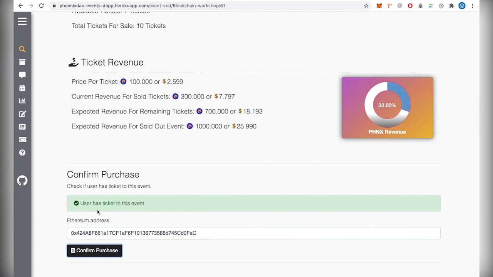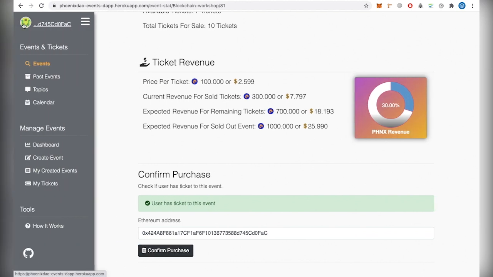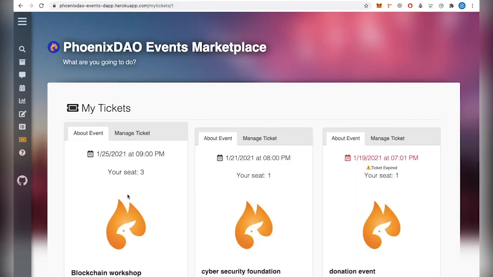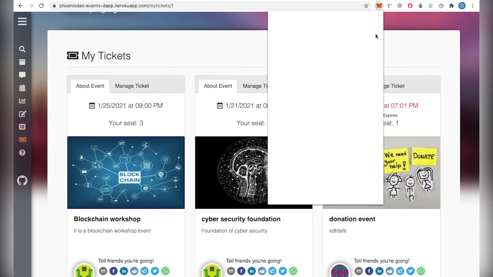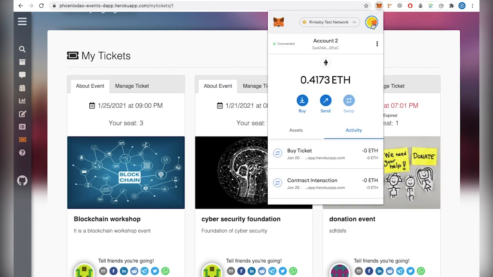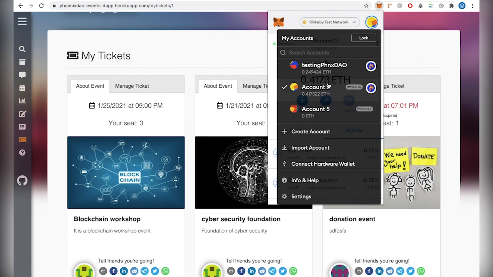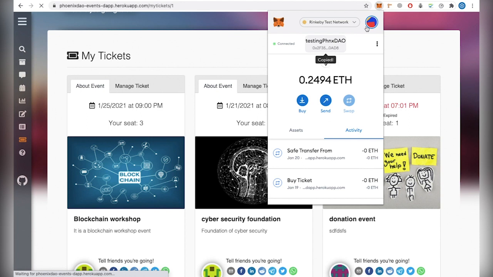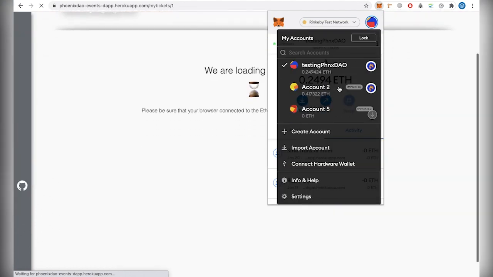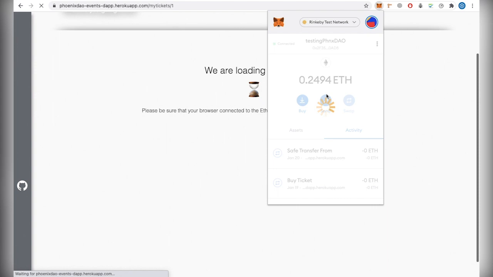Okay, one more option we have here is that we can send a ticket to any other user. Let's move to my tickets and copy another address to send a ticket to. Say I have an account named testing Phoenix DAO, and I'm copying the address and moving back to my testing account.